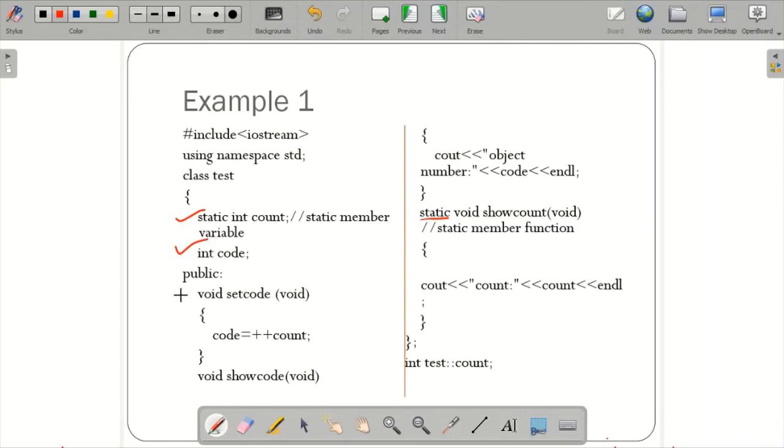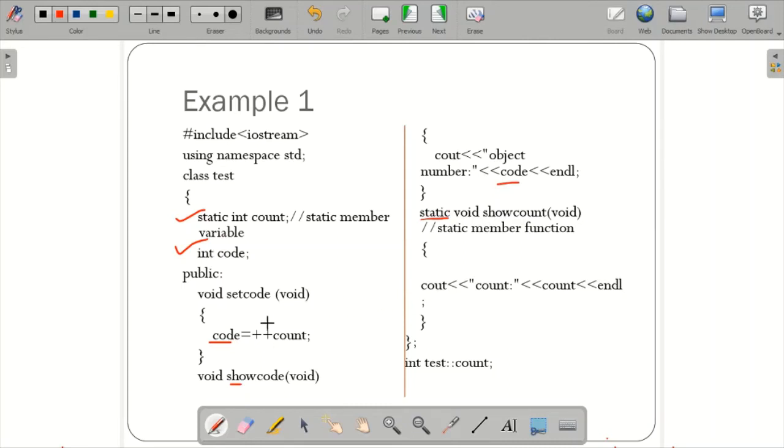Within this there are three functions. setCode increments the count, code is equal to the pre-increment of count, so the incremented value will be stored in code. showCode shows the code value, printing the object number and code value. And the static showCount shows the count value.